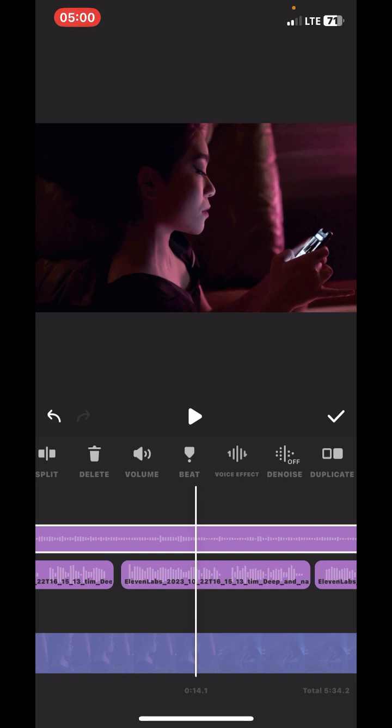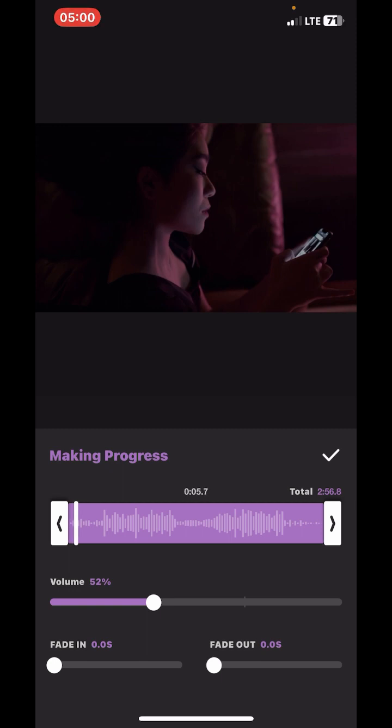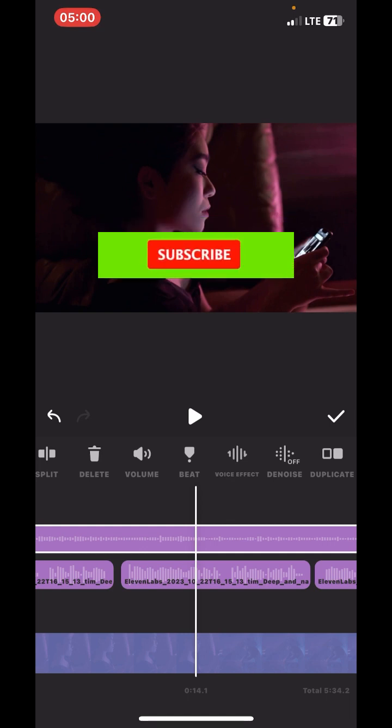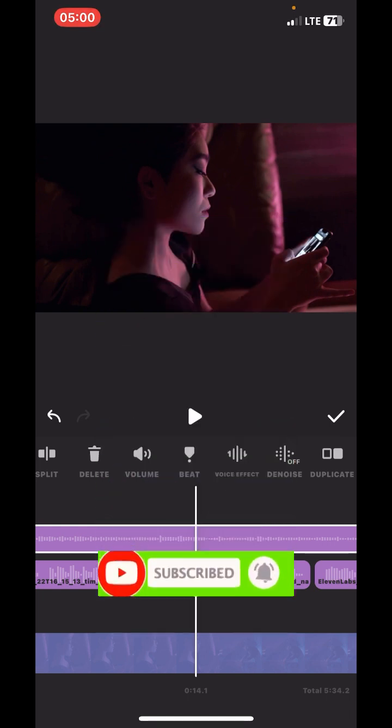So you just need to make sure you reduce the volume of this guy so that it wouldn't be louder than the main sound, because it's the main speech people want to hear. Okay, you need to make sure you reduce the volume of your background sound so that it doesn't overtake the main sound.